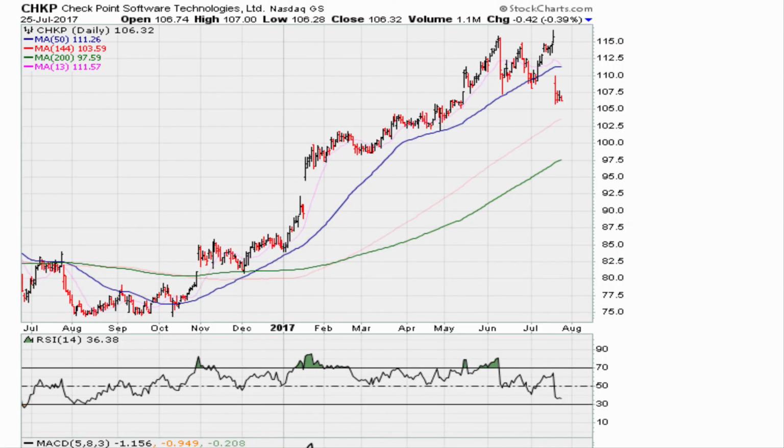Let's take a look here at an example, and then we'll take a look at Tesla on its daily chart. I want to take a look at Checkpoint Software, CHKP, and show you one line on its daily chart going back to the lows here. We just extend this line. Now this was the break